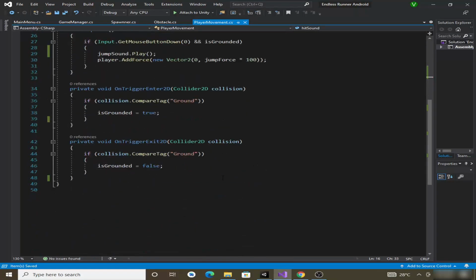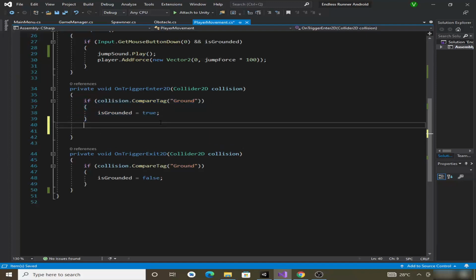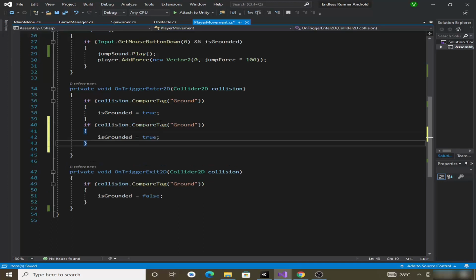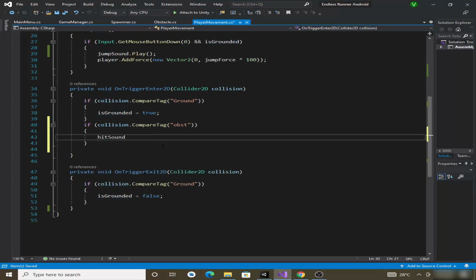Now we want to play if the collided object is obstacle. So copy this if statement and paste it here, and we will say collision.compareTag OBST. Then we want to play this sound, hit sound dot play,